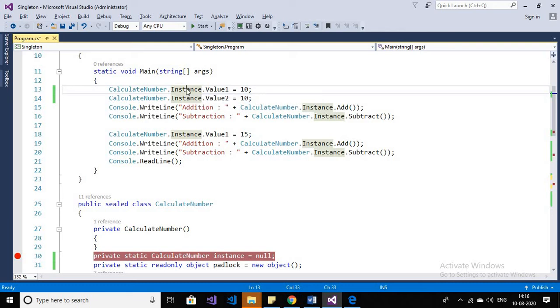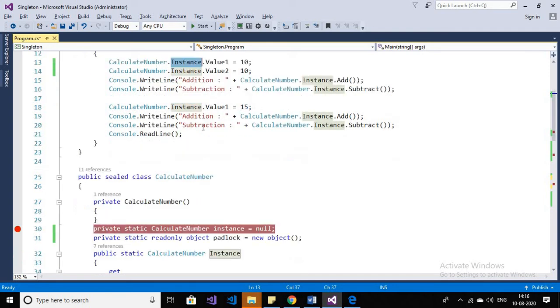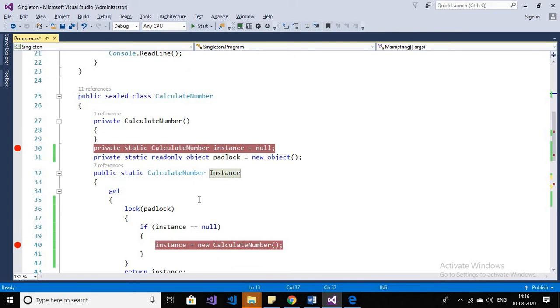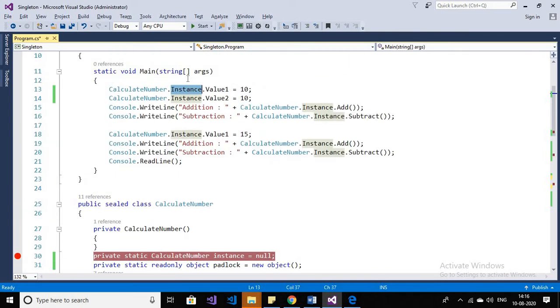Okay, now here I have got all my class reference, because I have assigned my class reference to this instance variable. So when I have a class reference on this instance number, then I can access the variable. I can access the value 2, which is a variable of singleton class pattern.